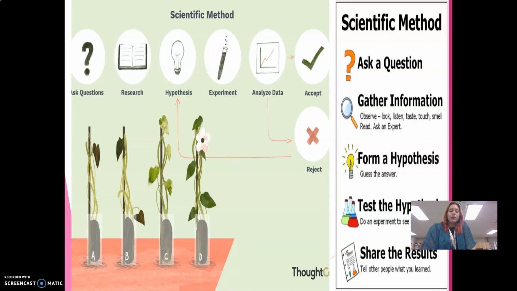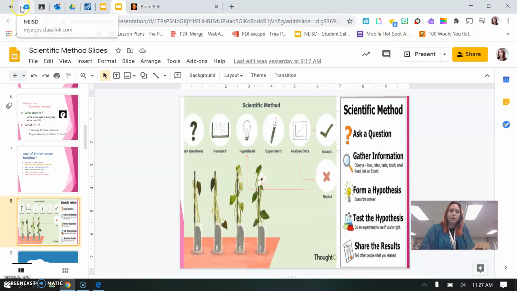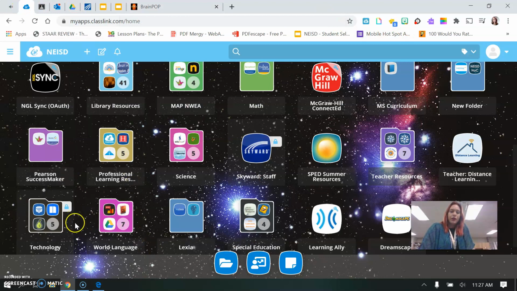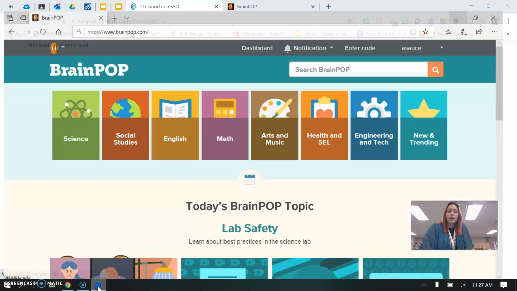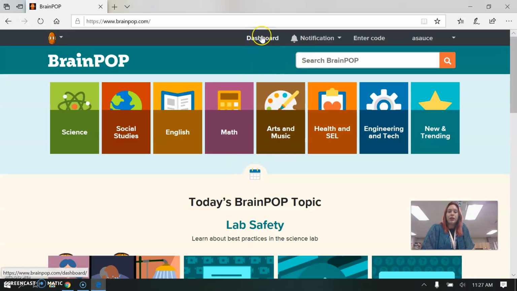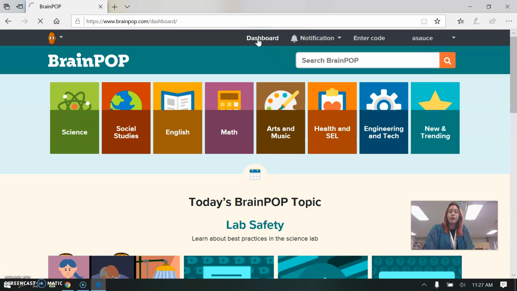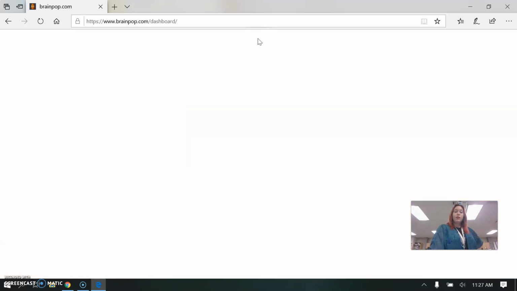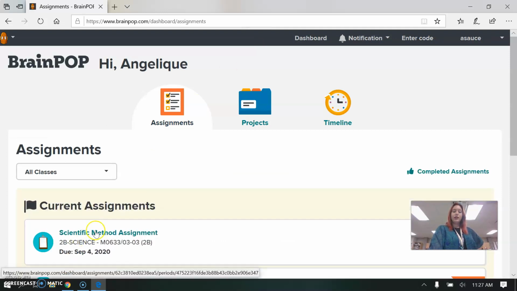So now that we talked about scientific method for a minute, you are going to go to Brainpop under Library Resources, Brainpop. Now, when you get to Brainpop, it's going to look like this, and you can either click on your notifications, and that will tell you right away what's due, or you can go to your dashboard. And once you get to your dashboard, you'll see that you have been assigned a scientific method assignment. Click on that,